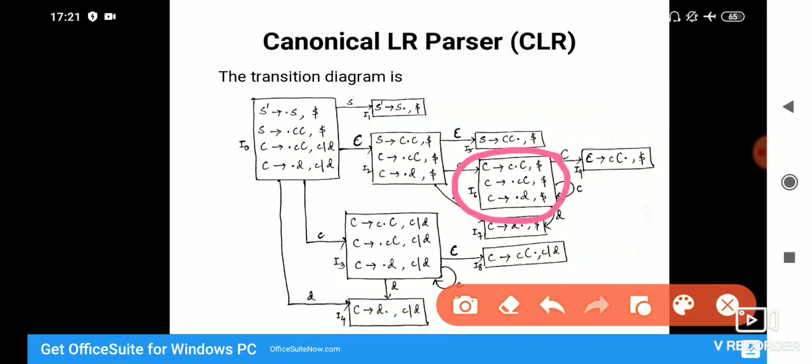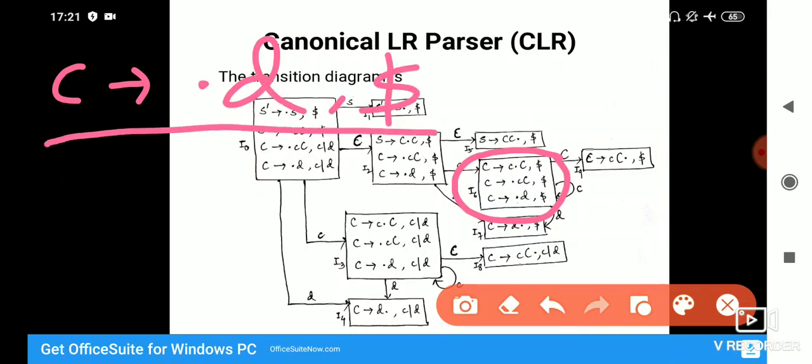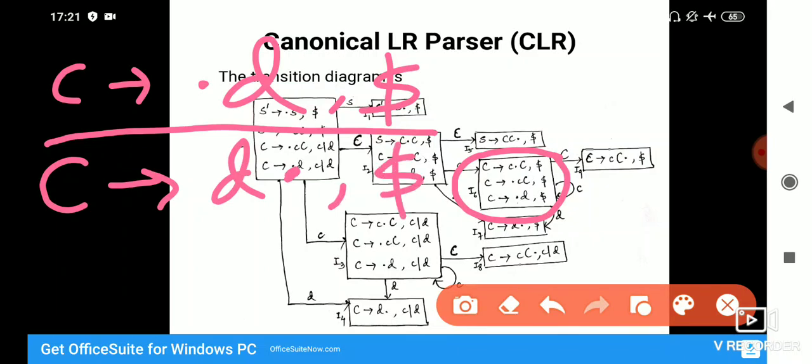Now, one more item we have in I2 is C2 dot D comma dollar. So we have to find go-to of this. What we will do? We will first find J of this. We will move the position of dot from left to right of D: C2 D dot comma dollar.